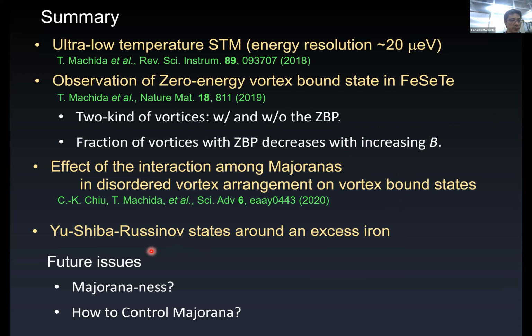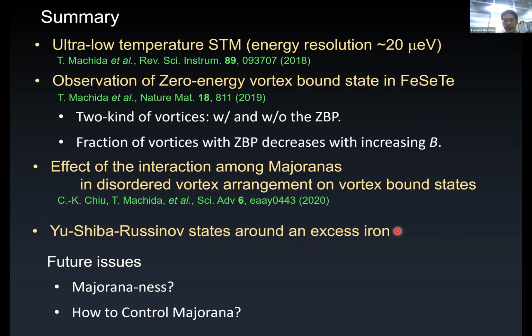Furthermore, we also investigated the electronic states around excess iron impurities in this selenium doped iron telluride. From our results, we conclude that the excess iron impurities work as conventional magnetic impurities in the superconductors, and they only have conventional Yu-Shiba-Rusinov states, but don't have the Majorana zero mode